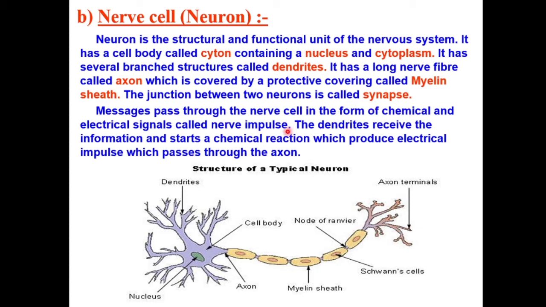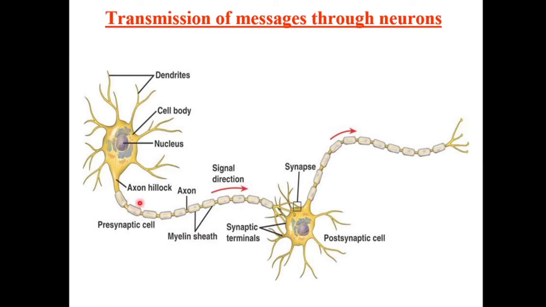The dendrites receive the information and start a chemical reaction which produces an electrical impulse which passes through the axon. We'll see in the next slide how it happens. Look, this is what we call transmission of messages through a neuron. How is it happening? Dendrites are receiving the